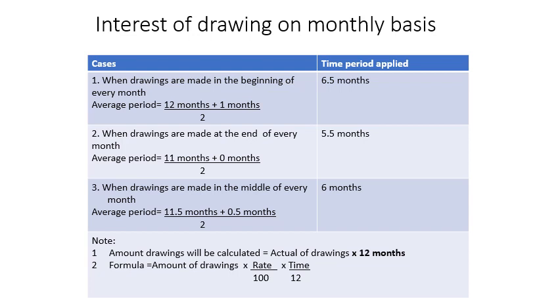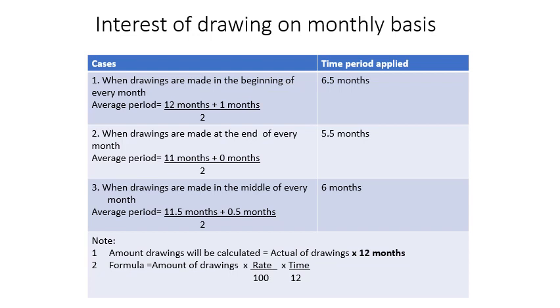Now let us move to when drawing is on the middle day of every month. For January, from the 1st to the 31st, the middle day is the 15th of January. So the 15th date of every month is considered as the time period: the 15th of January, 15th of February, 15th of March, and until the 15th of December. So every month is to be taken.